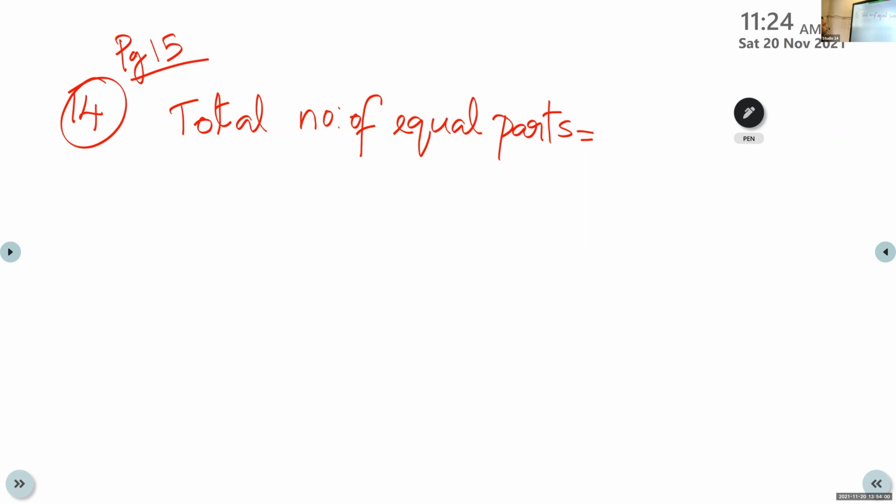Okay, Andrea, please look at page number 15. We just started question number 14. 12. Yes. See, count properly. You are wearing specs, my dear. I hope you can see clearly now. Okay, so it's 12 parts. Okay, children, you have to do everything carefully because we know math needs more concentration. So the total number of equal parts is 12.